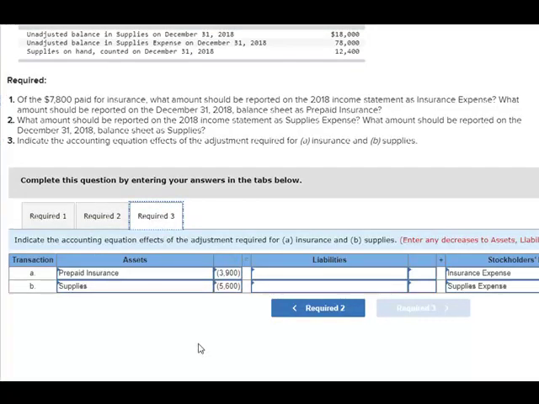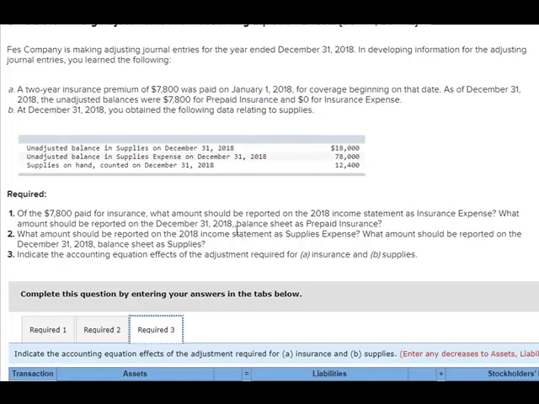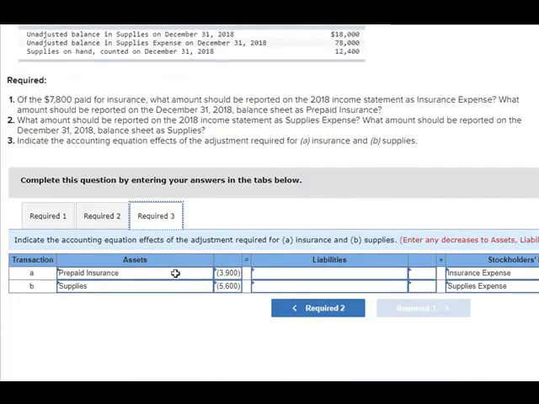And then finally, in requirement 3, you're showing the impact on the accounting equation of the adjustments for insurance and supplies. And I thought this was a little confusing because transaction A and B, you might refer up here instead and think that you should be recording the purchase of the policy down here. But what they want you to do is show the impact on the accounting equation of the adjusting entries for